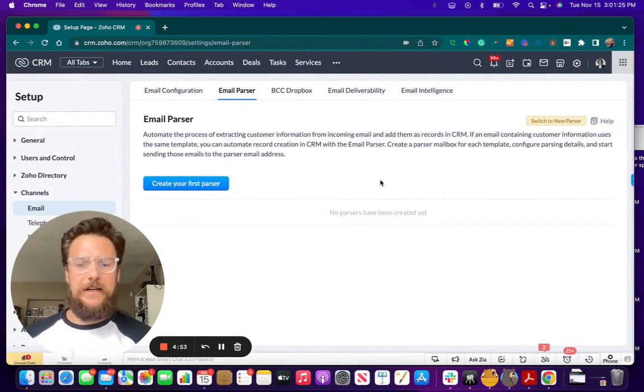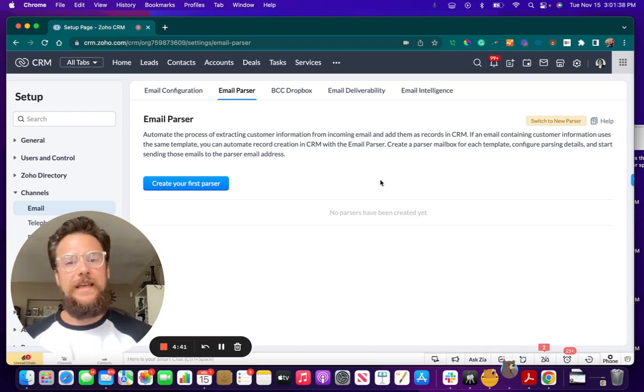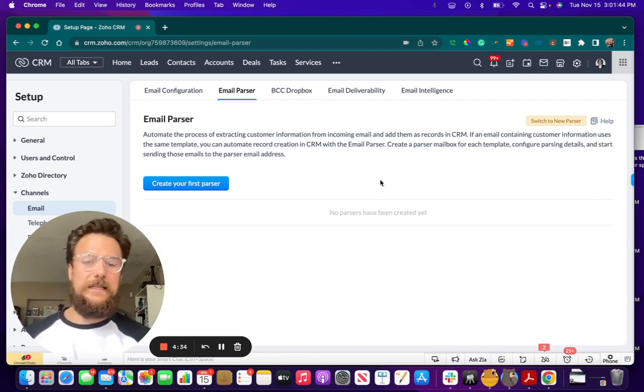Today I'm going to be talking about email parsers. And email parsing is the action of parsing in information from an email. So this is very useful if a lead source is sending you lead info and you want to bring in that information automatically. So sometimes they can send you everything from first name, last name, email, phone, net worth, capital,